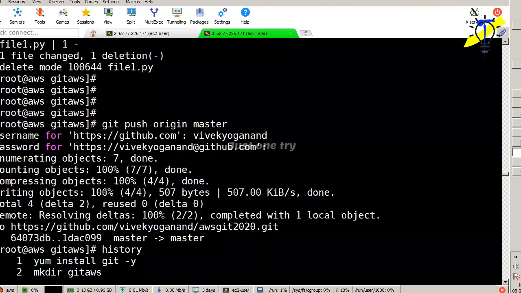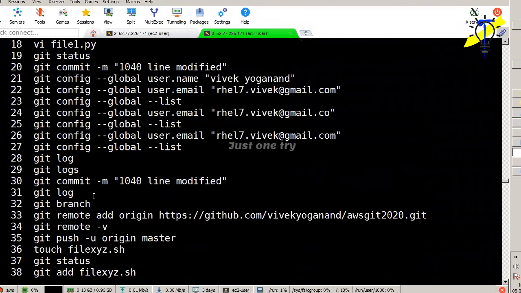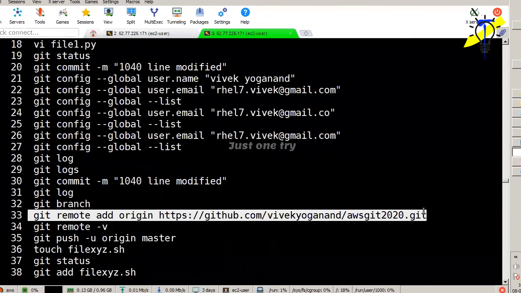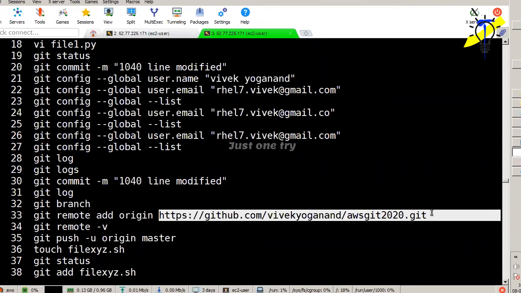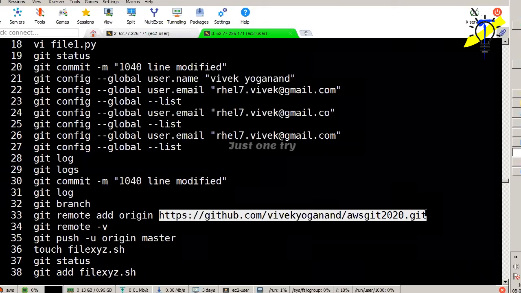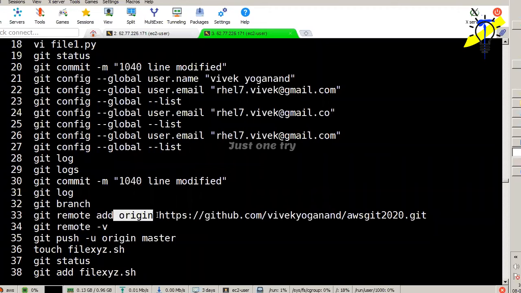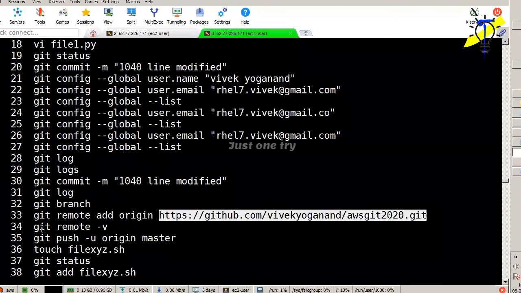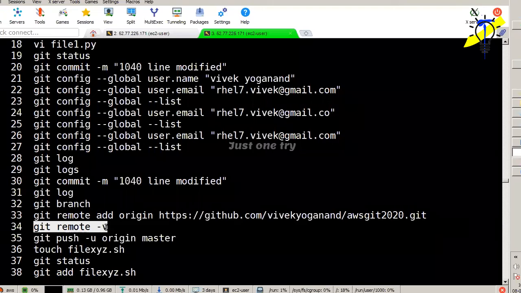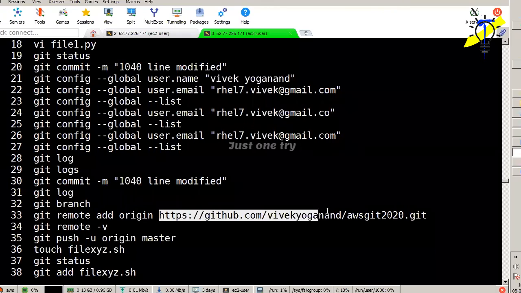You have a number of repositories, right? So I will show you git remote add. See this command. This is your cloud. If you add this command, git remote add origin, it starts from this repository. Then only can you get the output for git remote -v. Otherwise, you cannot verify which repository is added.